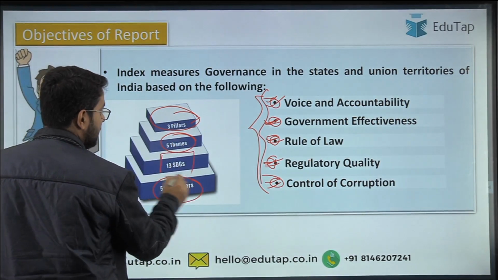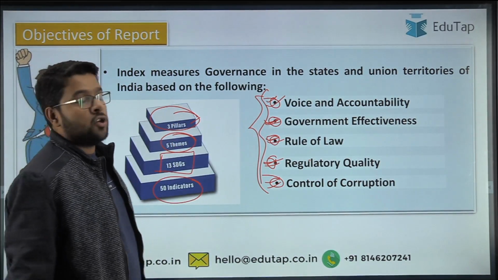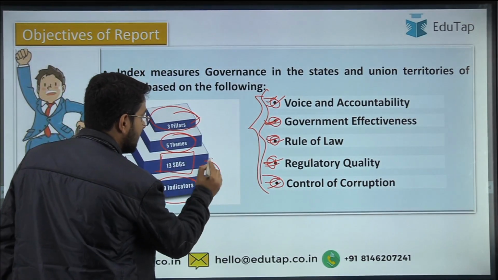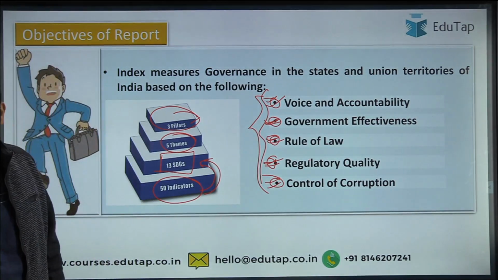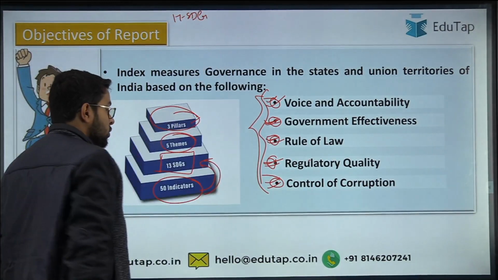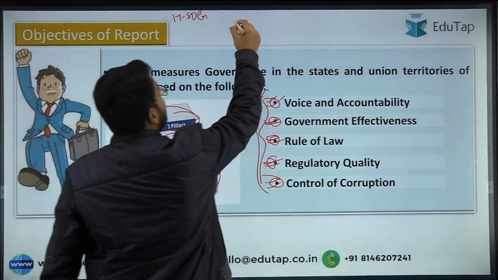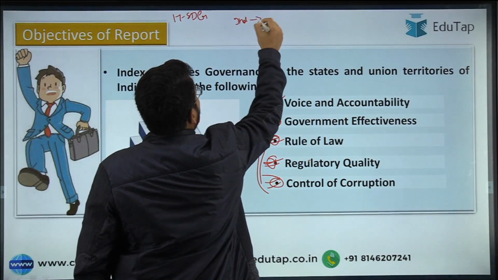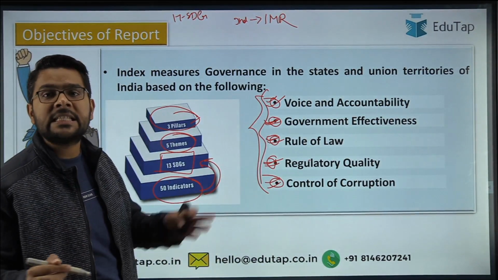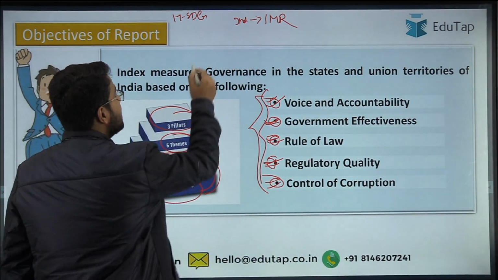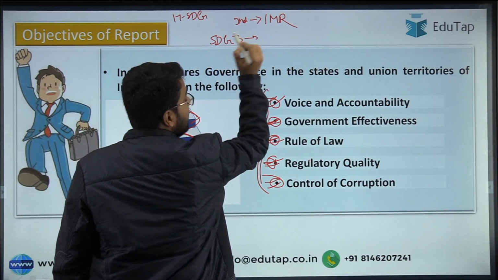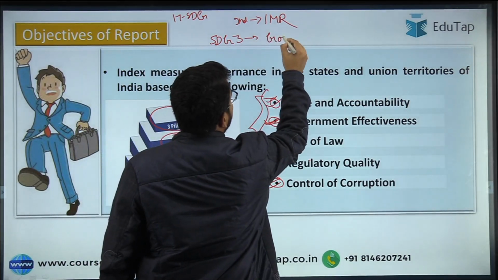Then what do you mean by these 13 sustainable development goals? Guys, these indicators map to 13 sustainable development goals that India wants to achieve. You might know that there are 17 sustainable development goals. So guys, let us take an example. One of the indicators is infant mortality rate. Of this ranking, one of the indicators is infant mortality rate. Moreover guys, one of the sustainable development goals, sustainable development goal 3, is good health and wellness.